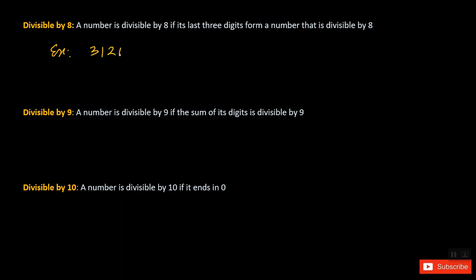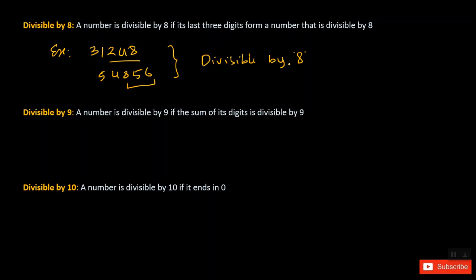So I say 31248. Now look here, 248 is divisible by 8. So that's why the entire number 31248 is divisible by 8. Okay, let me write another example. 5456. As 456 is divisible by 8, I can say both the numbers are divisible by 8. Just simple, you take the last 3 digits, and if those digits are a multiple of 8, then the entire number is divisible by 8, right?